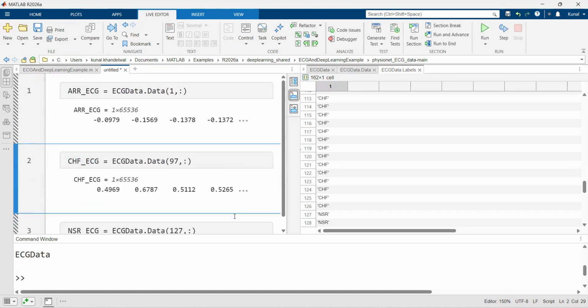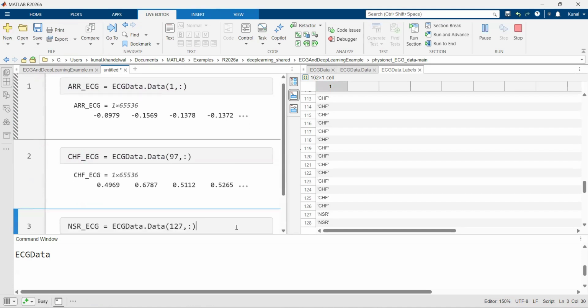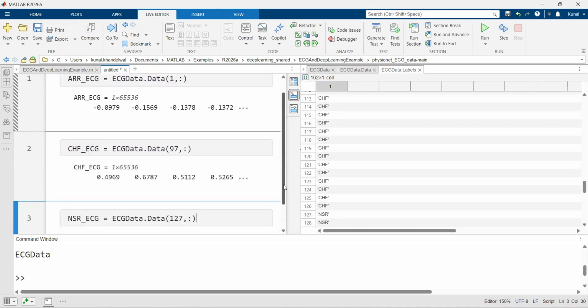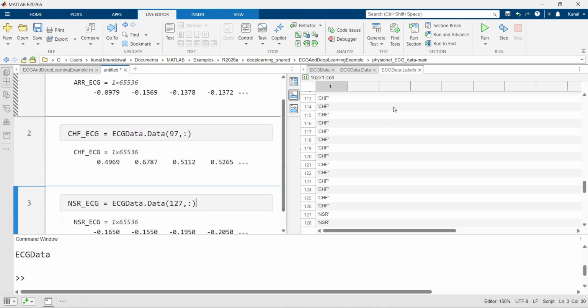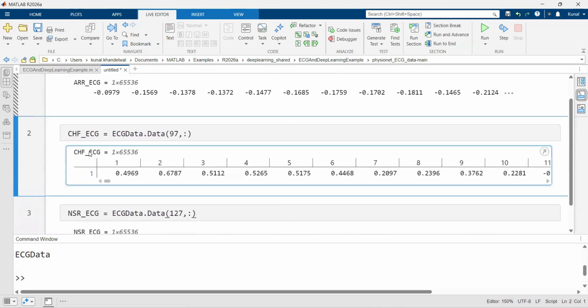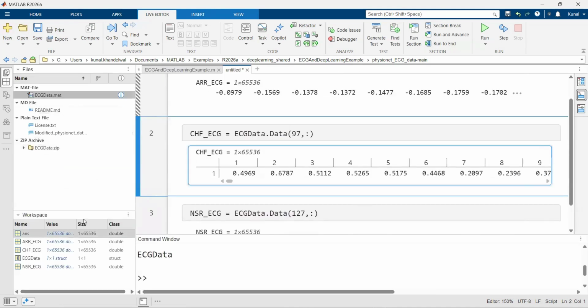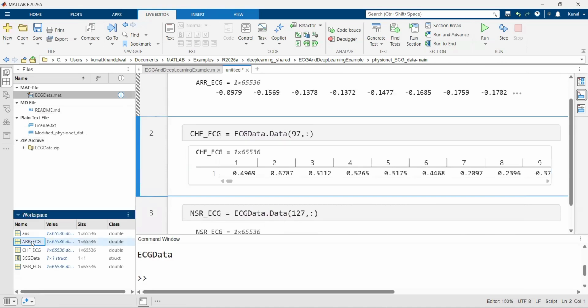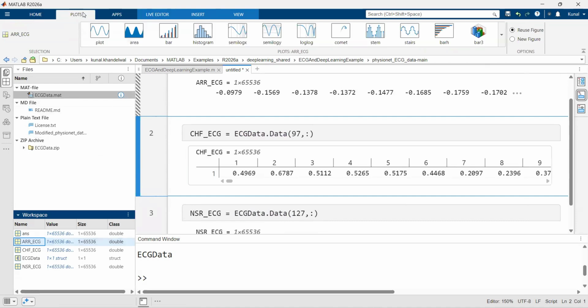What you can notice is that there are too many sample points. And if I try to plot the signals, I would again try to use the workspace window. So let's go to the workspace window. I have this signal over here, which is ARR. So you know what is the easiest way? The easiest way is to select the signal in the workspace window, go to the plots tab,